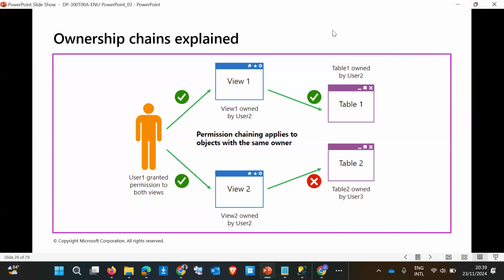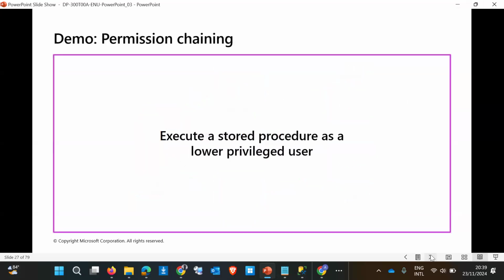So a stored procedure might not even have that permission on certain, you can run a stored procedure on different databases, okay, based on the concept of what? This ownership chain. That's just the simplest way I can explain that. So let's quickly jump and execute a stored procedure as a lower privilege user, okay, and we'll see how it